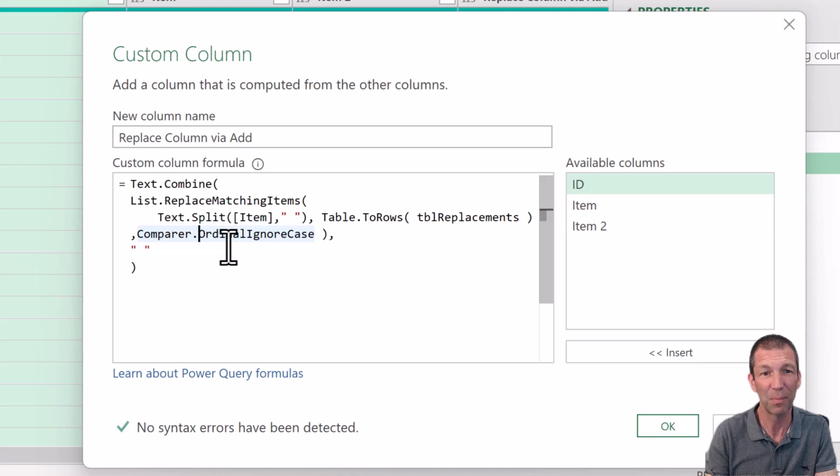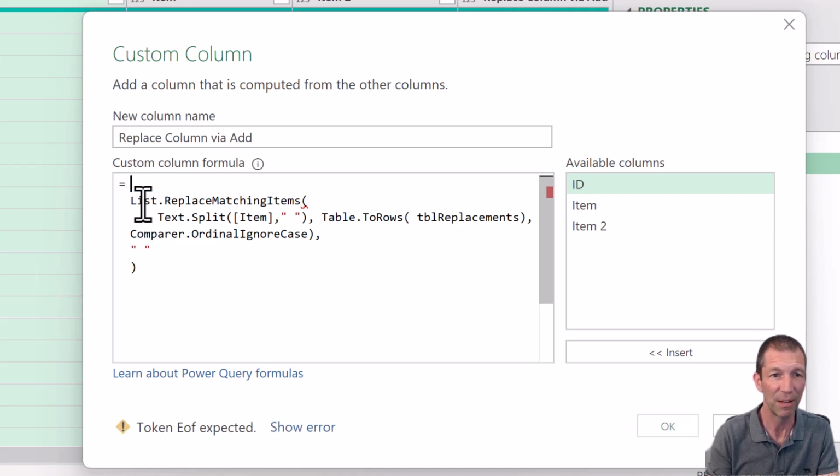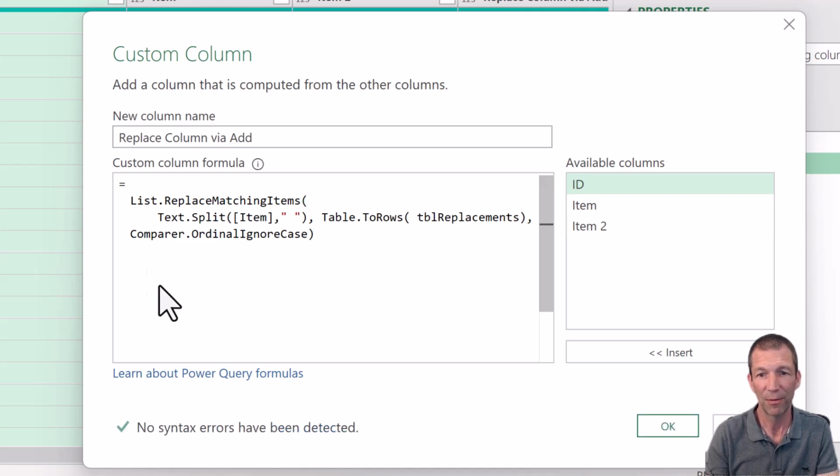I just type in ignore because I can never remember it. So it comes up with that, compare ordinal case ignore. And then ultimately that creates what you need, I'll show you. Let me just get rid of this, get rid of that little bit, get rid of that last little comma. If I just have that,